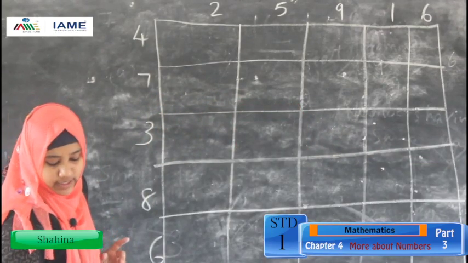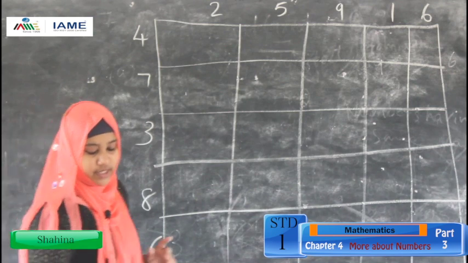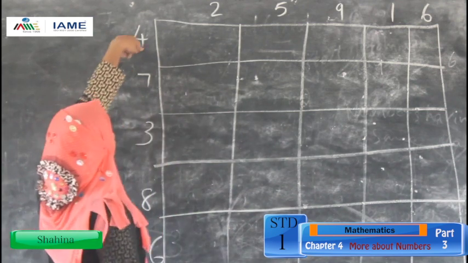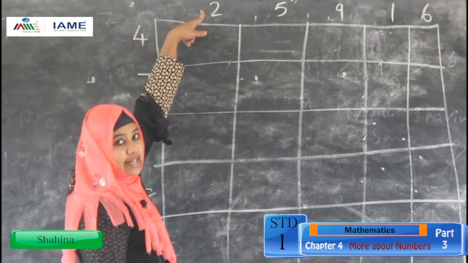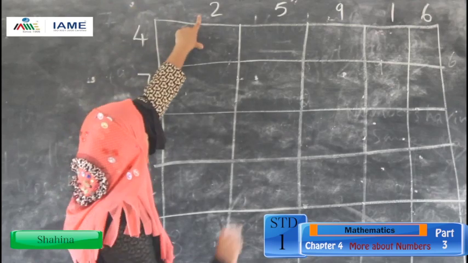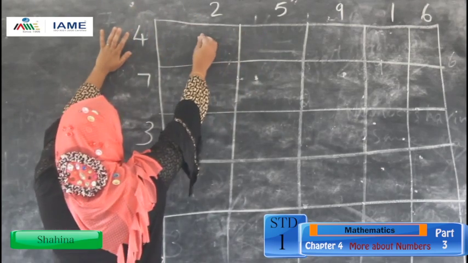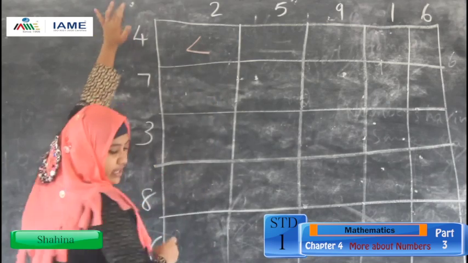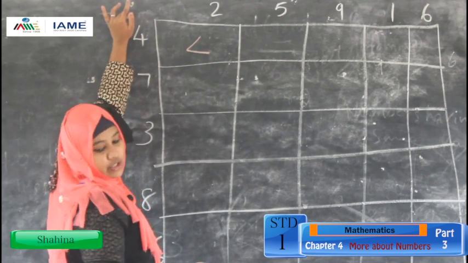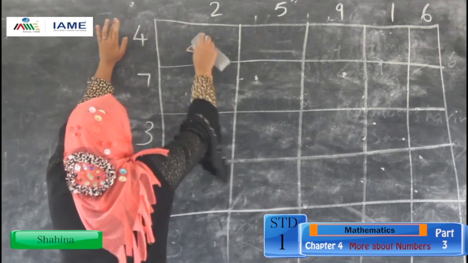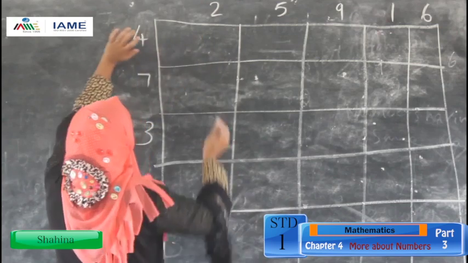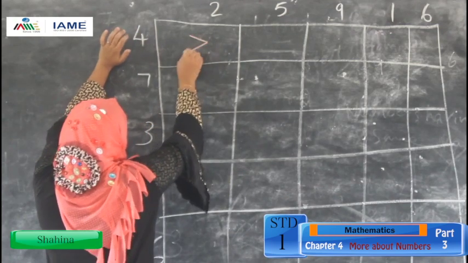Like this is the box. Here we have to give 4, 2. Which is a greater one? 4 is a greater one and the smallest one is 2. And which symbol do we have to give? Is it correct? No. The small 2 is a smaller one. It is not a big one.